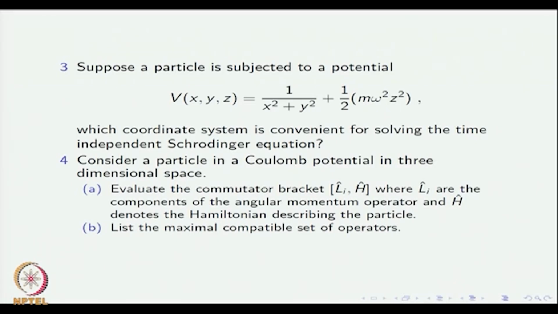You have to write the potential in the convenient coordinate system and solve the time independent Schrodinger equation. You can see from this expression of the potential that the convenient coordinate would be the cylindrical coordinate. So, we use it